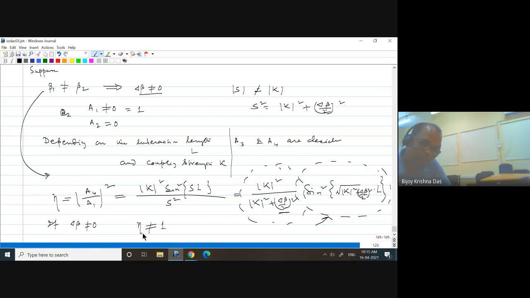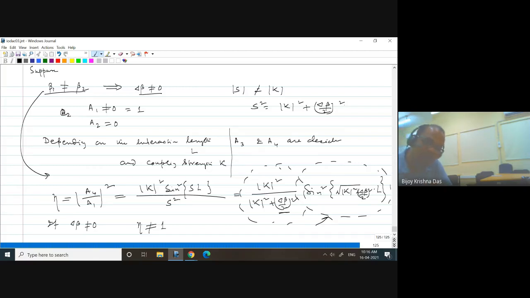So whenever beta 1 is not equal to beta 2, in an asymmetric waveguide, if you are considering coupling between asymmetric waveguides, their beta, the propagation constant, is not identical, so it is not phase matched. In that case, maximum power transfer cannot take place. You can still see that eta is oscillating as a function of length. That's true, but it cannot go to complete transfer to the second waveguide.